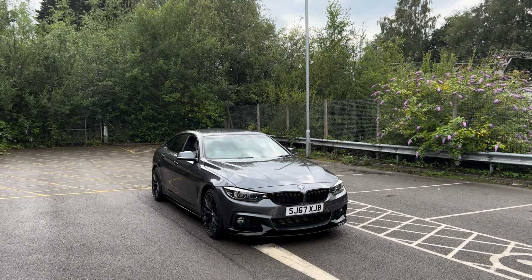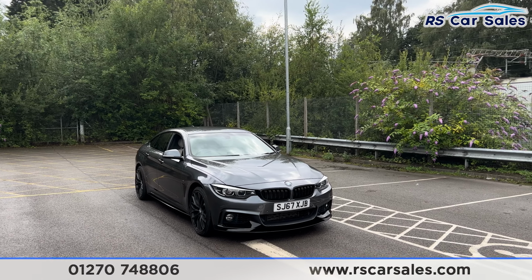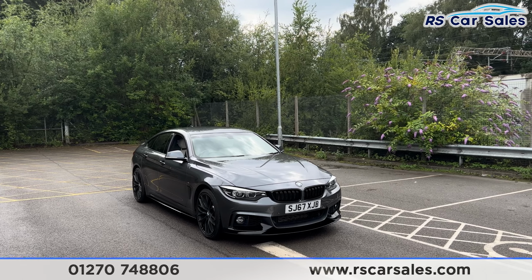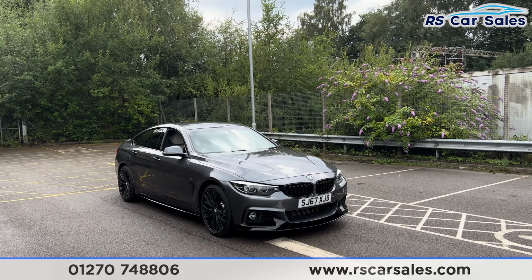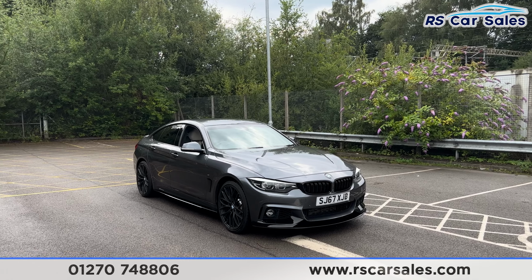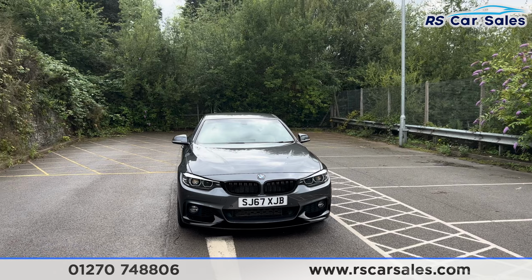Here we have a 67 plate BMW 435d xDrive M Sport Gran Coupe. Now this vehicle comes with over £4,000 worth of optional extras, all of which are listed on the website. We have the 20-inch alloy wheels with the blue M Sport brake calipers, LED headlights, we have the mineral grey